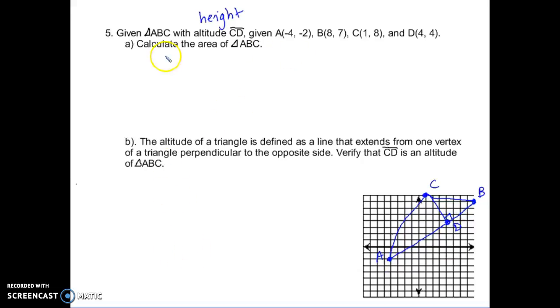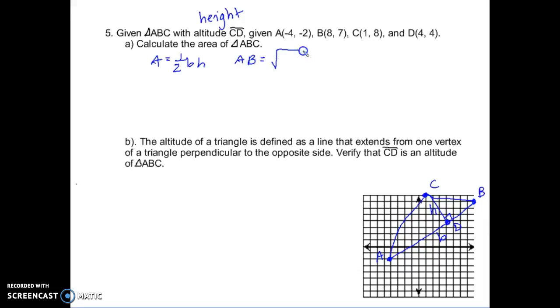Alright, so to find the area of a triangle, I have to do 1/2 base times height. So I need to know the base and the height. Well, in this case, the height is the altitude CD, and the base is whatever it makes a right angle with. That would be AB. So I'm going to have to find the distance of both of those. So if I start with AB,